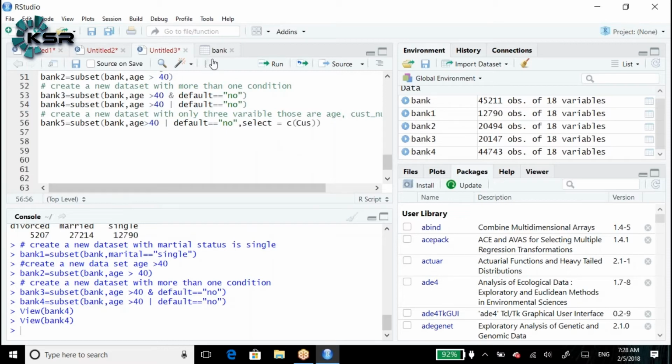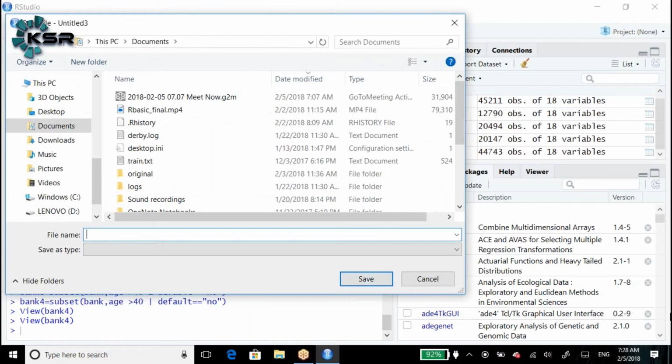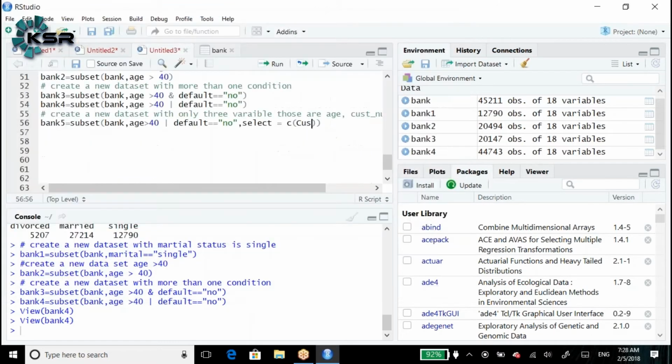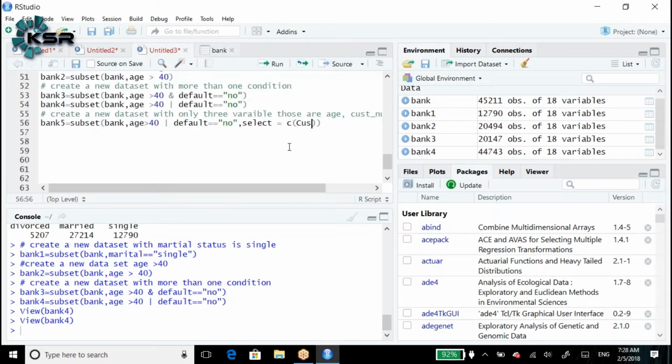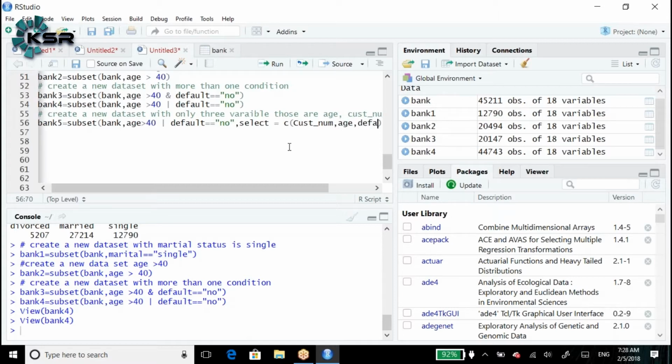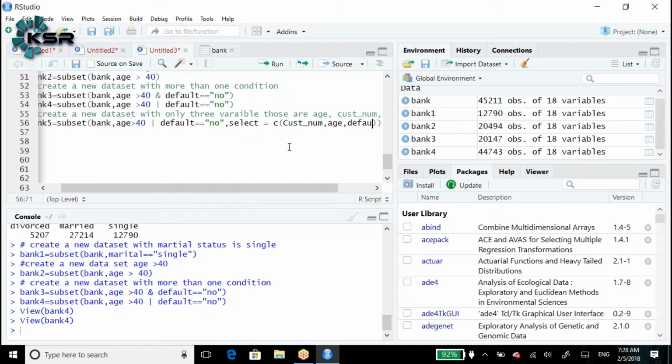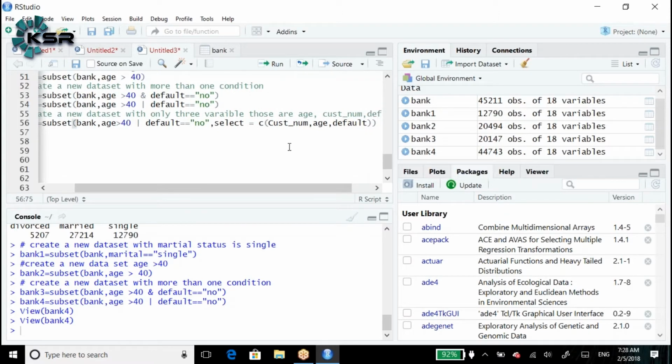Is cust number a small letter or capital? Customer number, CST is a capital, right? Cust number, comma, age variable, comma, default.